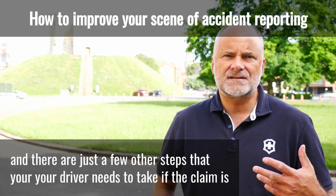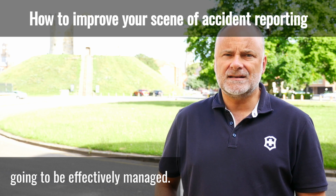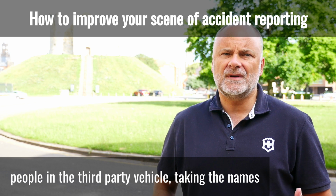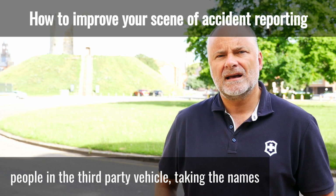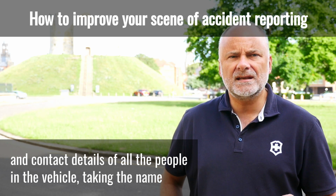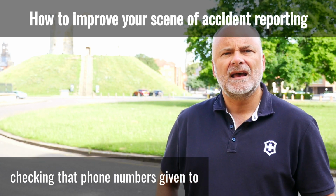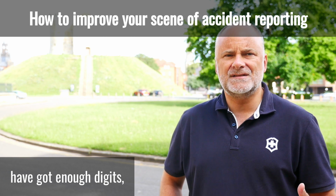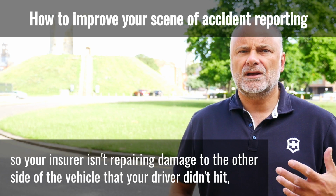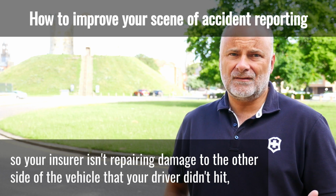And there are just a few other steps that your driver needs to take if the claim is going to be effectively managed. These steps include taking a note of the number of people in the third-party vehicle, taking the names and contact details of all the people in the vehicle, taking the name and number of any police officer that attends the scene of the accident, checking that phone numbers given to you have got enough digits, taking photos of the whole of the third-party vehicle so your insurer isn't repairing damage to the other side of the vehicle that your driver didn't hit,